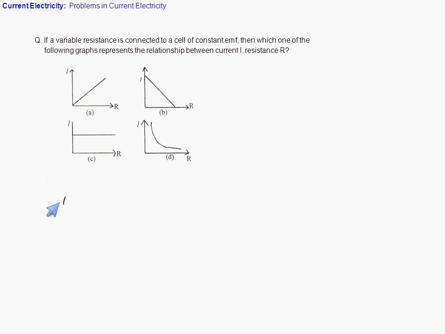Recall that I is equal to V by R for a cell of negligible internal resistance. So clearly I is inversely proportional to R, which means that as the resistance increases, current decreases. So therefore obviously the option D is correct, right? Also,